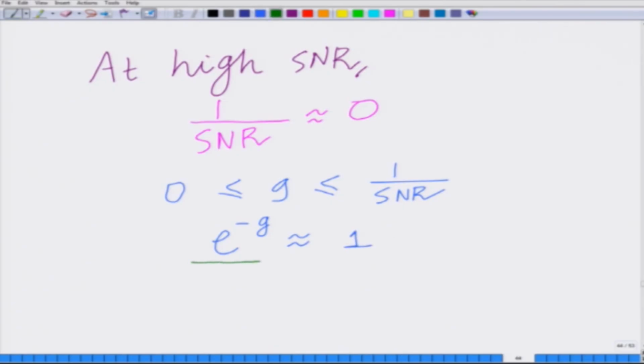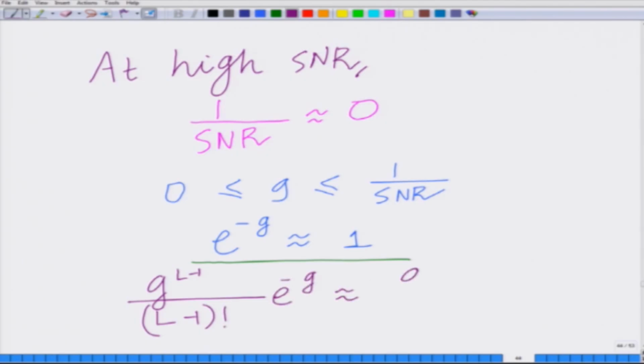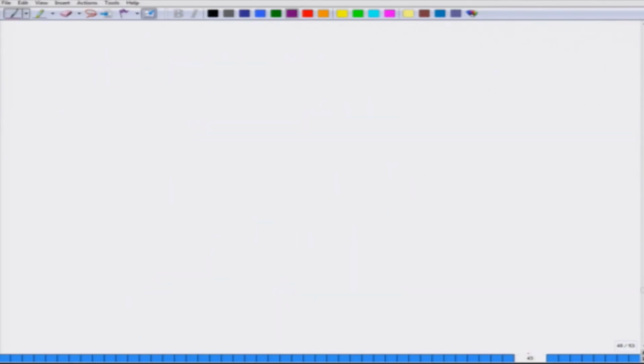Therefore, since 1 over SNR is small, G is between the limits 0 and 1 over SNR, and therefore e to the power of minus G is approximately equal to 1. And therefore G to the power of L minus 1 divided by L minus 1 factorial times e to the power of minus G is approximately equal to G to the power of L minus 1 divided by L minus 1 factorial. Therefore, the probability of deep fade